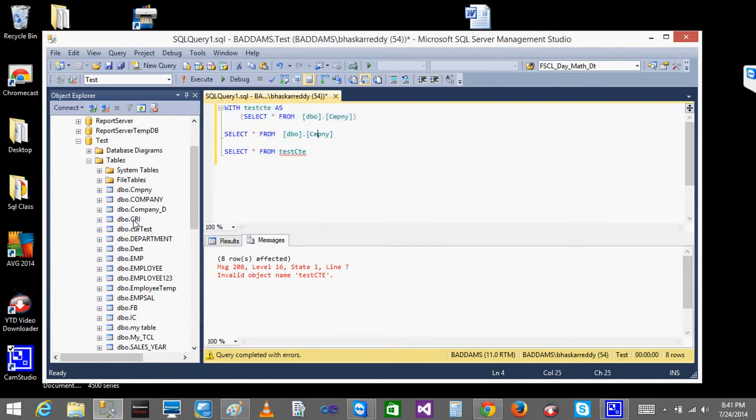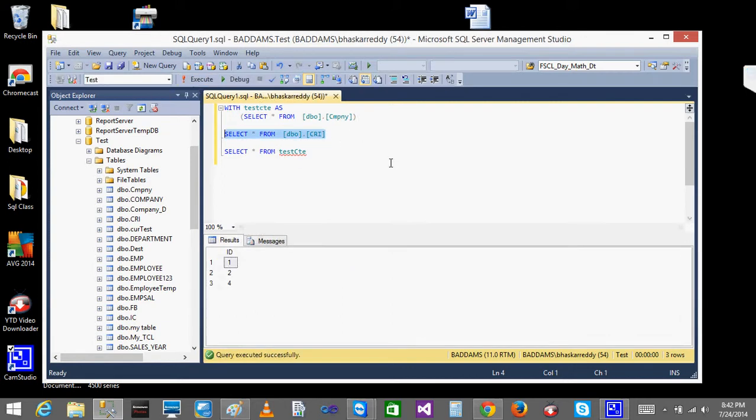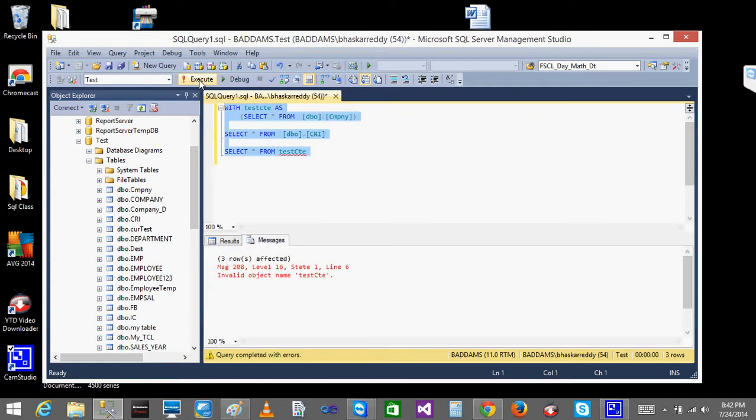Instead of company, I'll take some CRA table. Let's see what is in the table. I'm just executing this, and you get the data. But if I want to execute the CTE later on, you will still get an error.